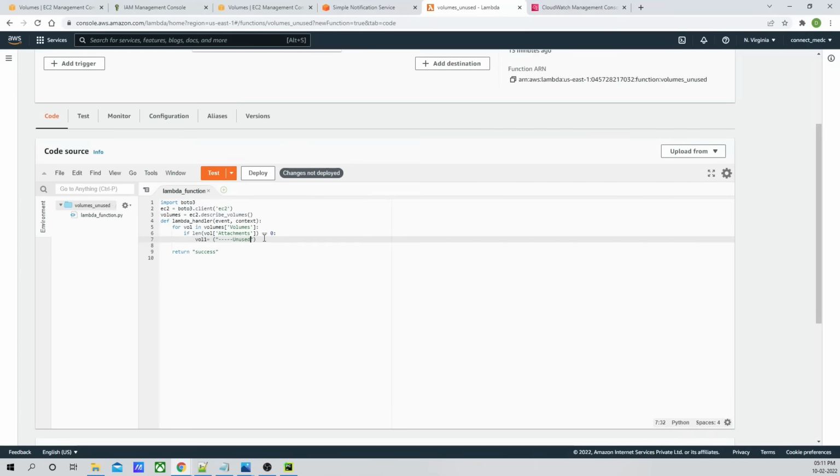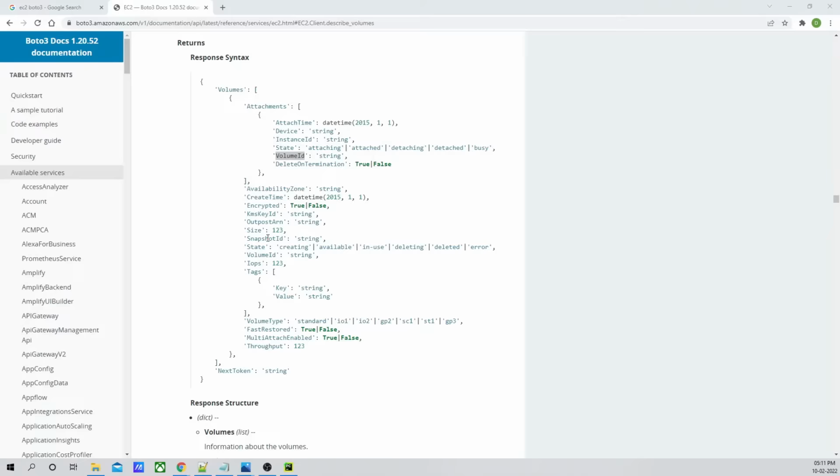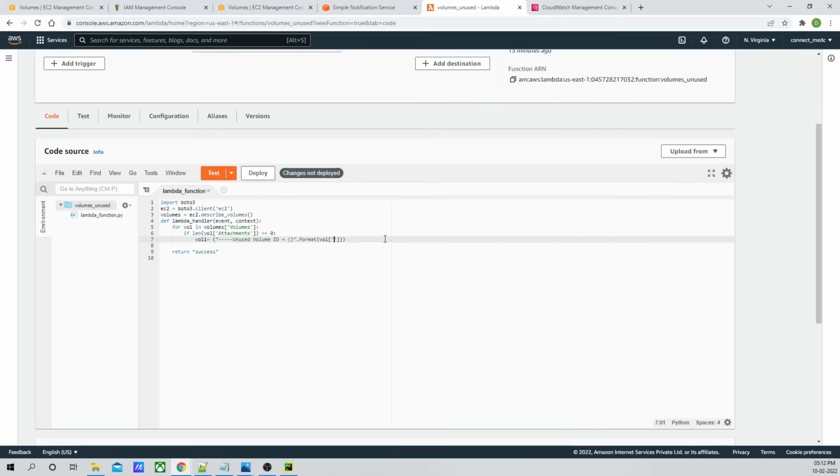unused volume ID is equal to dot format and volume ID. It is going to print this. Okay, so